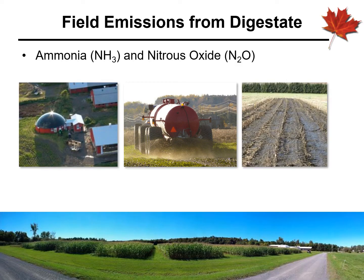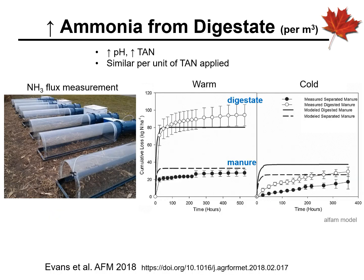So moving from the storage to the field now, we did a number of studies looking at ammonia and nitrous oxide from field applications of digestate. For ammonia, we used flow-through wind tunnels. These have a fan that covers a 1 meter squared area of soil. We put the digestate on the soil, turn on the fan, and we sample the air coming in, and we sample the air going out. And using a mass balance, we determine the emission rate